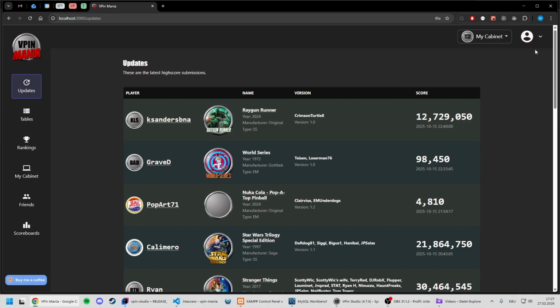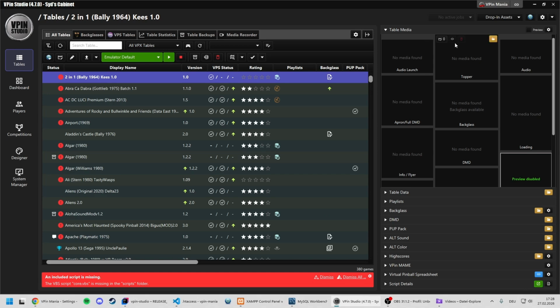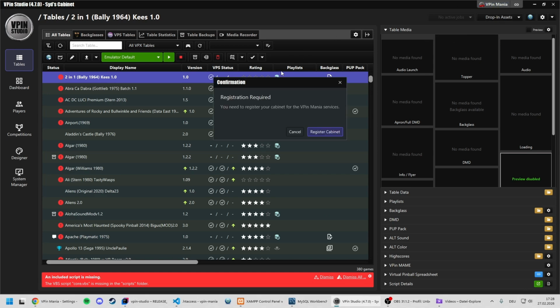Let's head over to the user preferences, and here we open the settings. And here you find the API key, which you can use to link your cabinet to the VPin Mania services. So let's do that first. I copy the API key, head over to the studio, and here you see the VPin Mania button that tells you, okay, yes, your cabinet has not been registered yet. So we start with registering the cabinet,